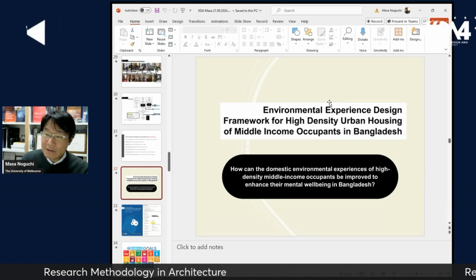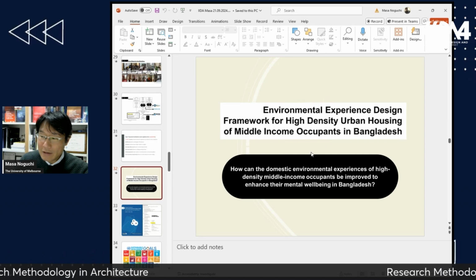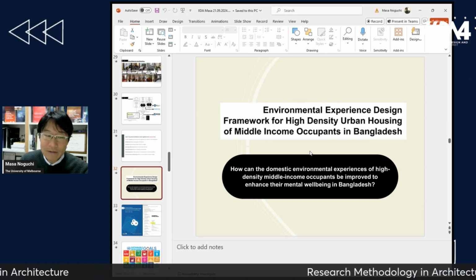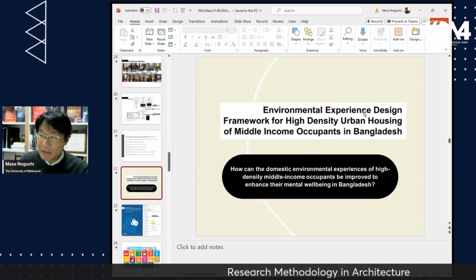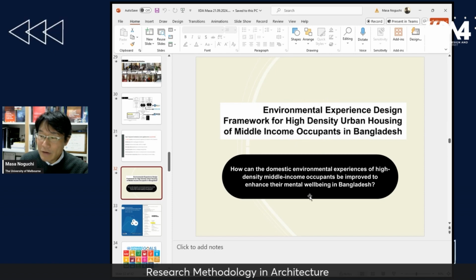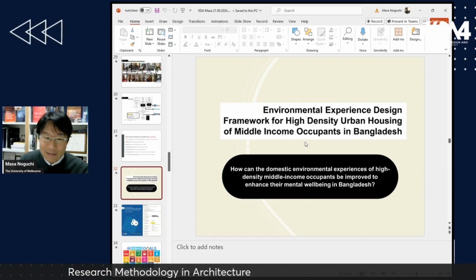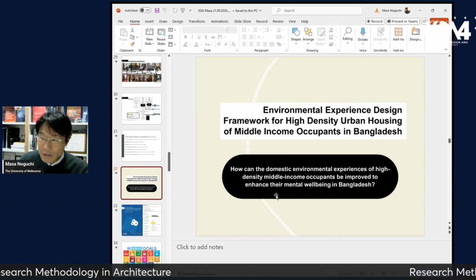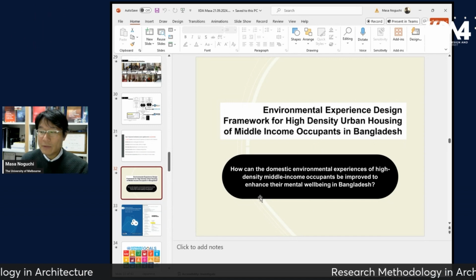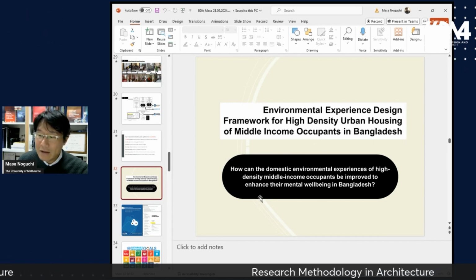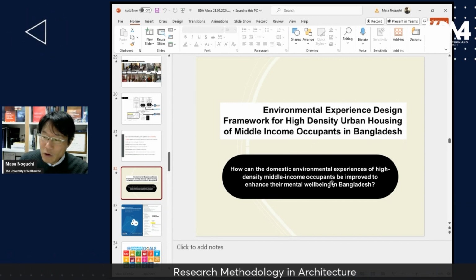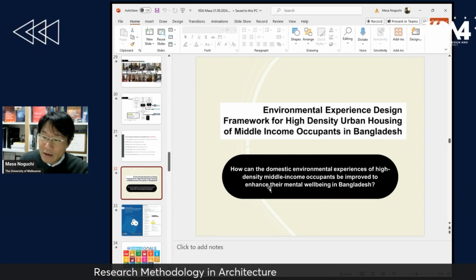So this is the final title. He proposed a domestic environmental experience design framework in order to answer the research question: how can the domestic environmental experience of high density middle income occupants be improved to enhance their mental